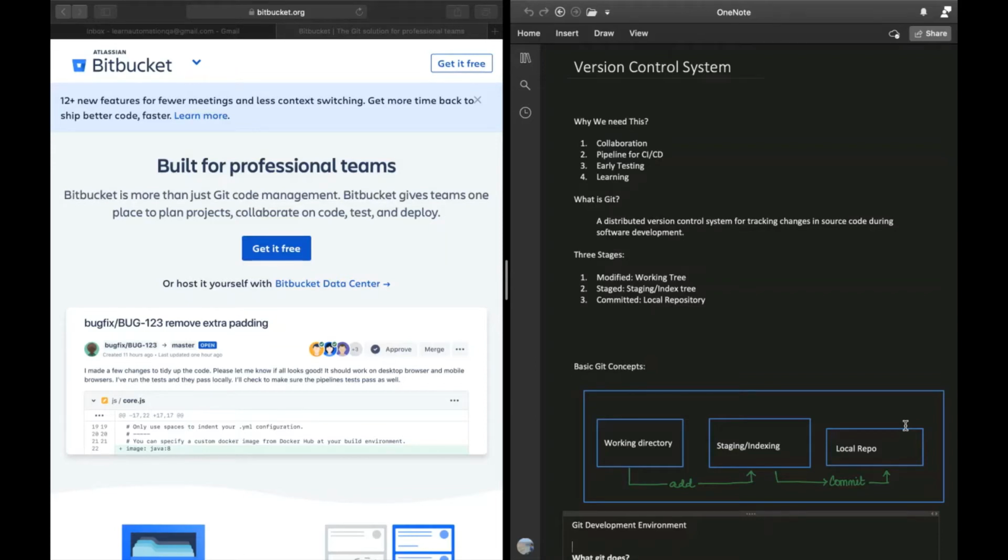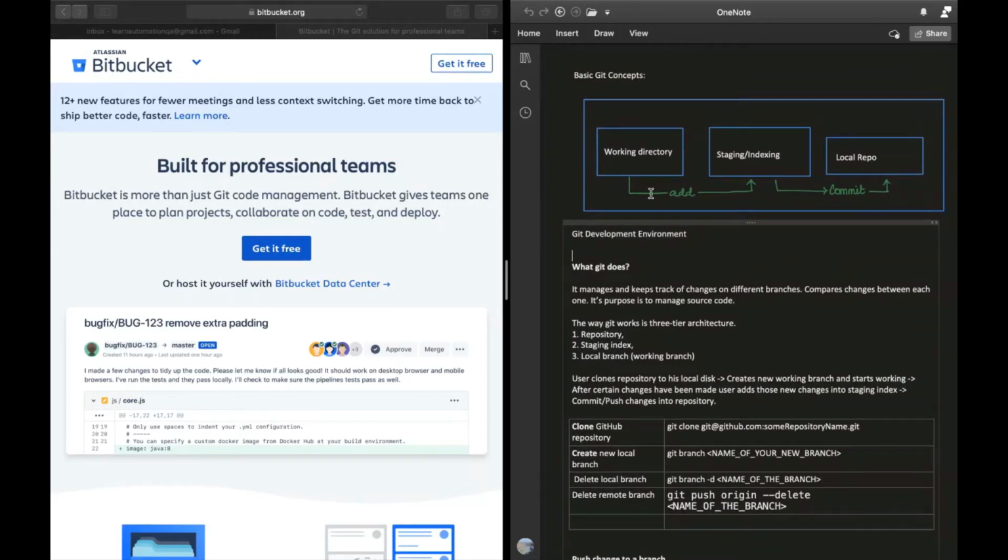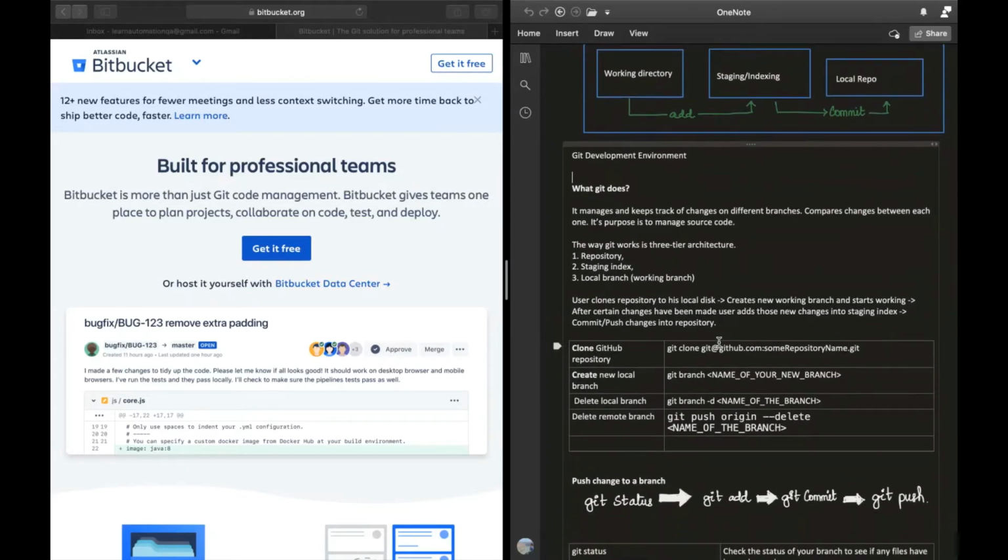local repository. So you can see here in the basic Git commands what is mentioned here, like a working directory will be there. You will be adding your changes to staged and indexed files, and then that will be committed to your local repository. Okay, again I explained something about what Git does, and I mentioned something here about the branches.